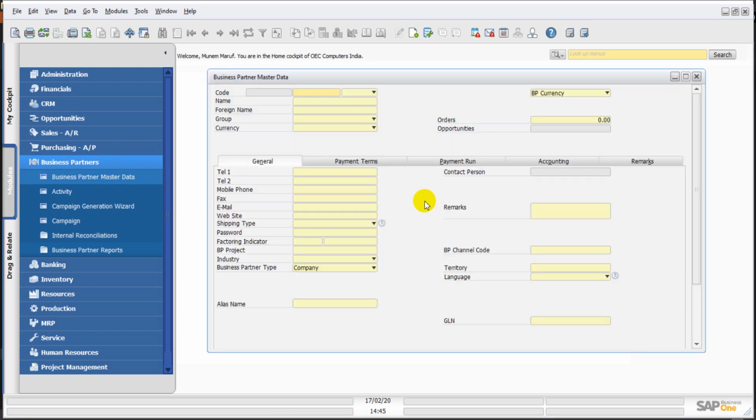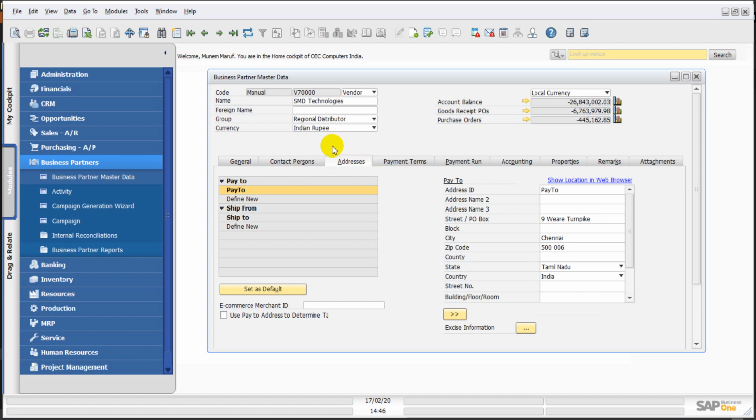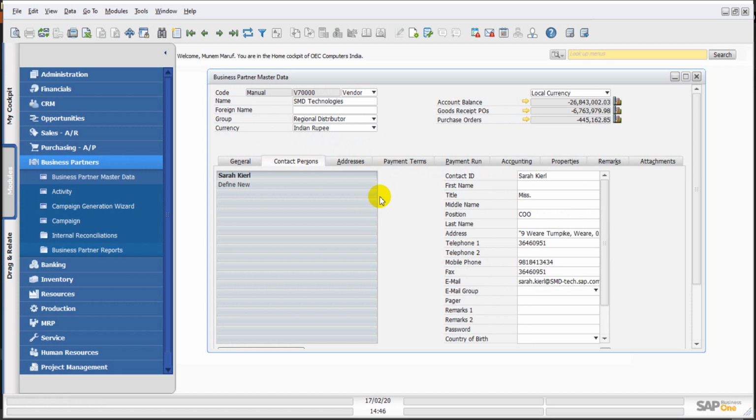So in business partner master data, there are a couple of things that we will overview before uploading the templates. We are going to upload some basic master data information on business partners. We are going to upload a customer and we are going to upload a vendor. We are going to upload the address information for each of those business partners and their contact persons as well. So the few things that we are going to upload is the business partner, their contact persons and addresses, and